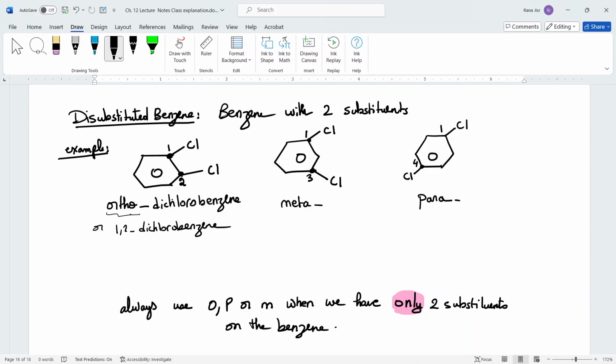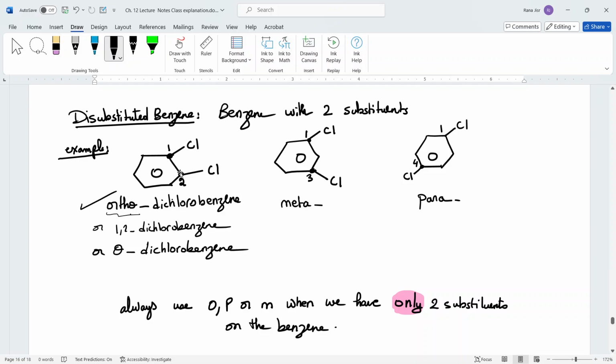Although with benzenes and disubstituted benzenes, we always use the ortho, meta, and para, and we rarely use the 1,2, the 1,3, and the 1,4. We can also, instead of saying ortho, do an O and a dash and then the dichlorobenzene. Any one of those is the same, okay? But it's better that you go either by the ortho dichlorobenzene or the O dichlorobenzene to represent a system of